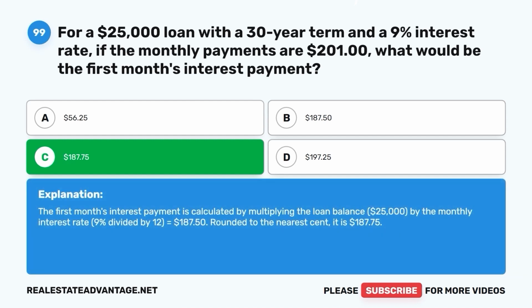$187.75. The first month's interest payment is calculated by multiplying the loan balance, $25,000, by the monthly interest rate, 9% divided by 12, equals $187.50. Rounded to the nearest cent, it is